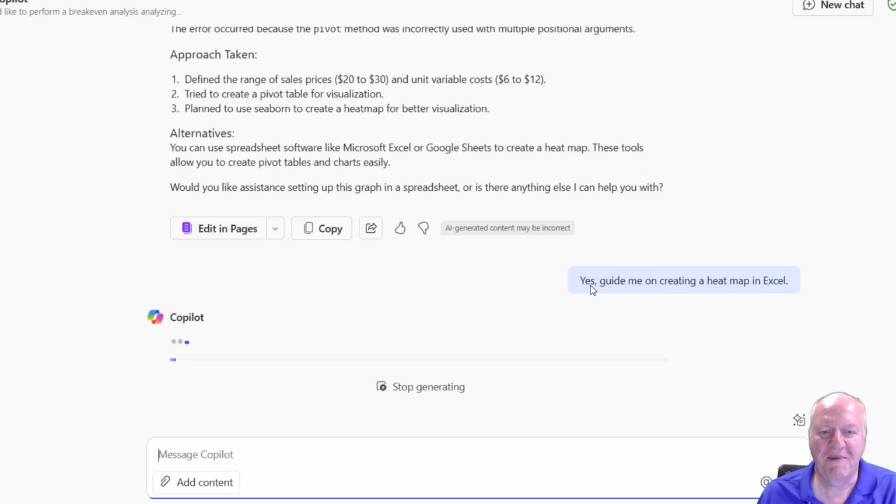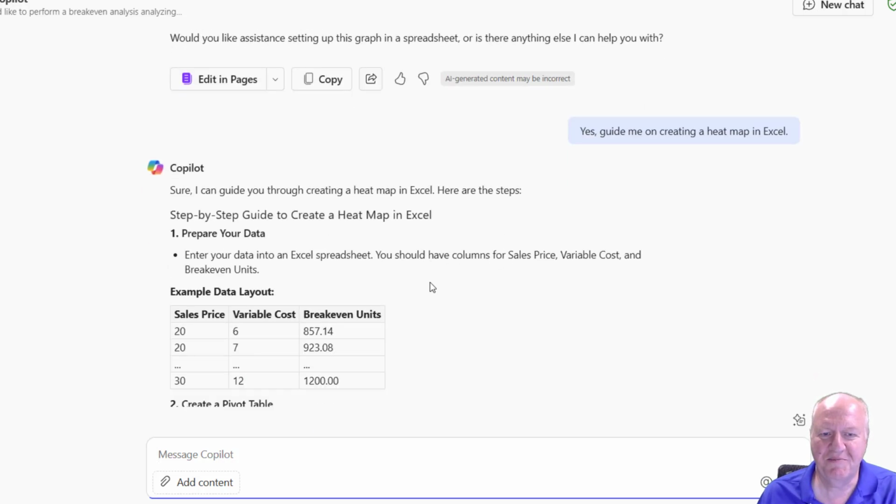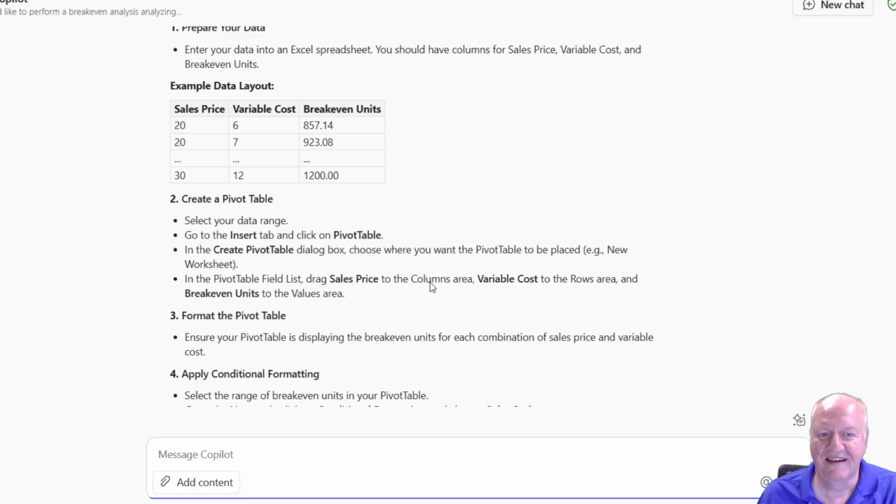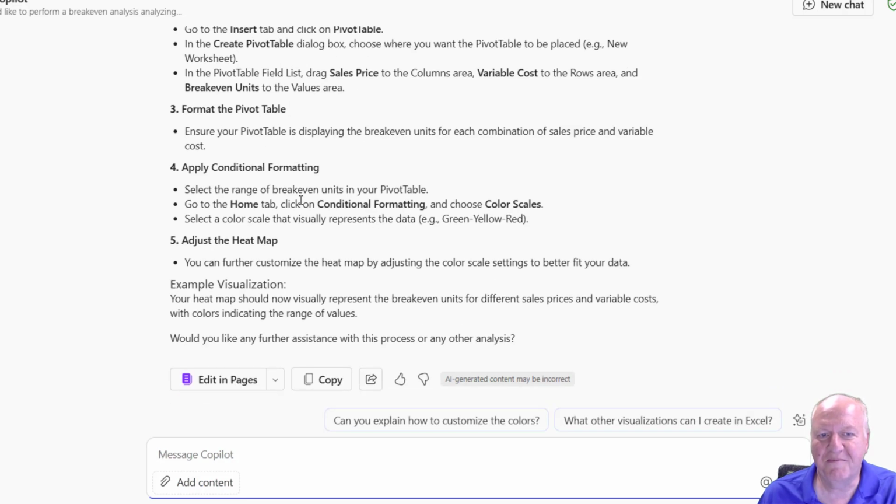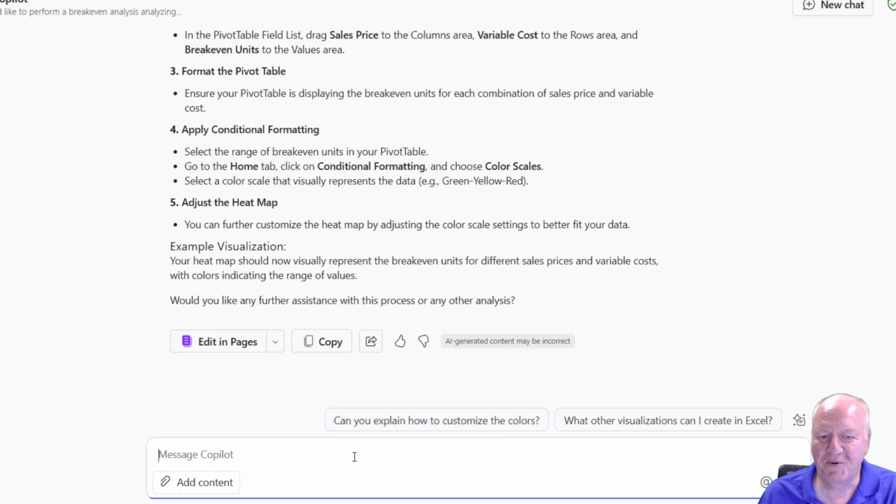And so I'm making this up as I go, and this would be how I would do it in Excel. And this is how we'd create either a pivot table or a data table to do that. But I'm going to ask one more time.